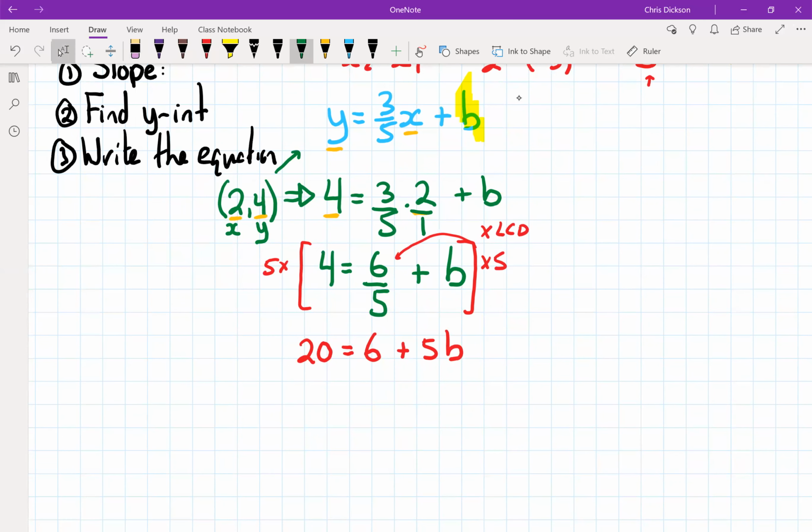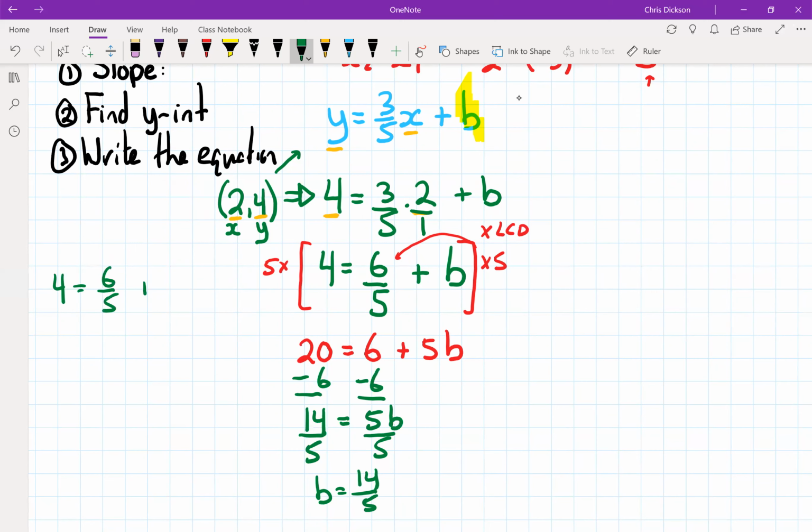So I'm going to minus 6 from both sides. So that gives me 14 equals 5b. And now I divide both sides by 5, which gives me a pretty ugly intercept here of b equals 14/5. Okay. Now, if you wanted to work with fractions, just to show you that it would have worked out the